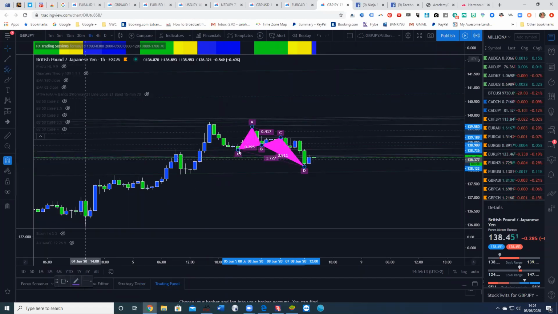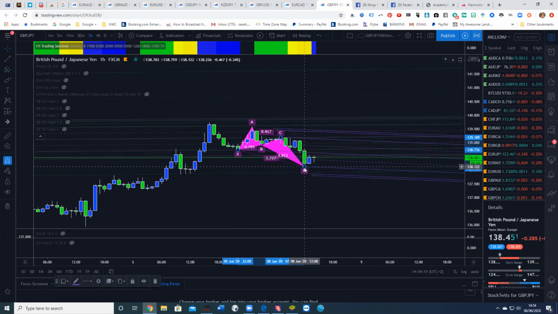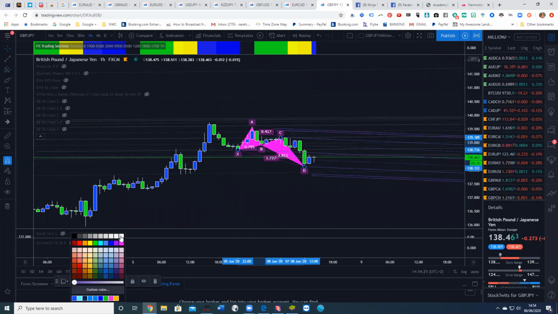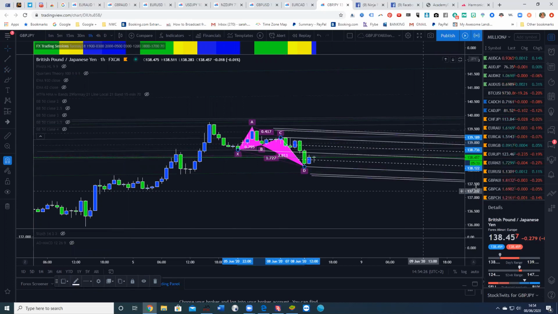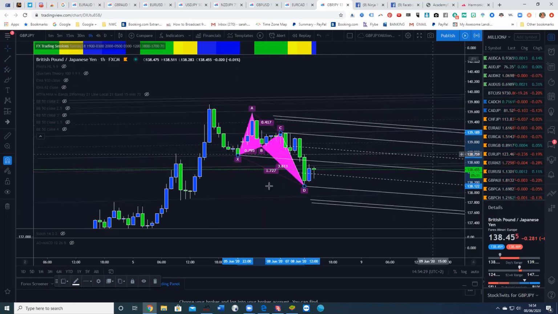Make sure the magnet's on. Click it on the X and it'll suck it to it. Then to the C, down to the D. So the magnet will draw it onto the end. I like my latest ones in white. And once you've got that on, X, C, D,